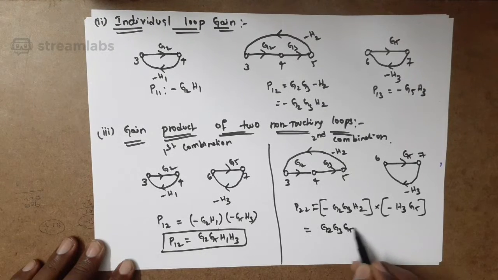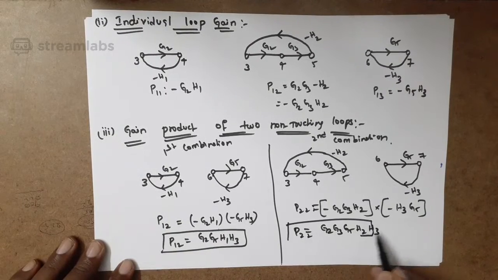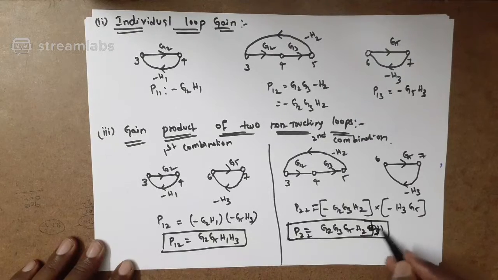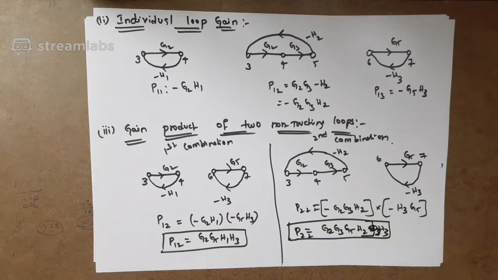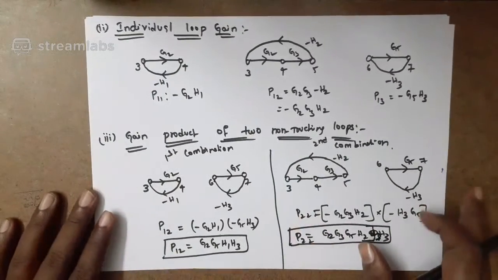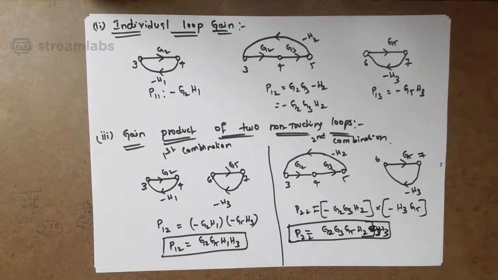G2, G3, G5, H2, H3 is the gain of the two non-touching loops. H3. Okay, these are the things we have found: the gain products of two non-touching loops, the individual loop gains, and the products of gain products of two non-touching loops. And our next step is to find the